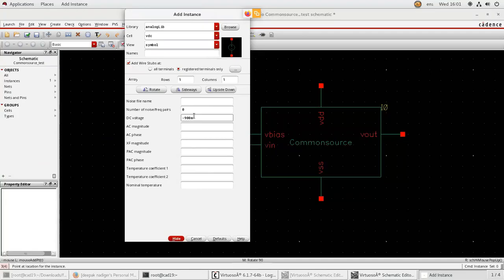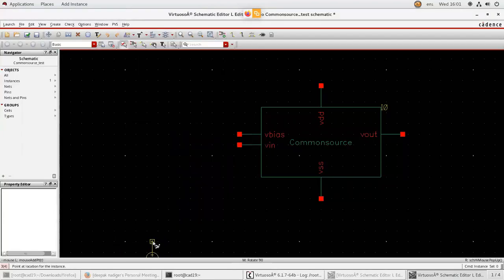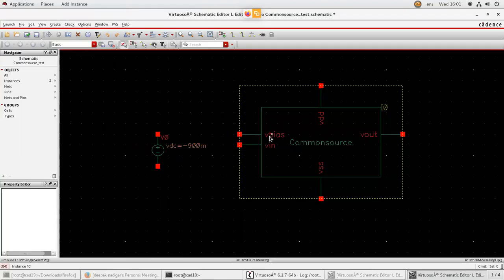Next, press hide and click here. Okay. So I got the DC voltage for your VBIAS.